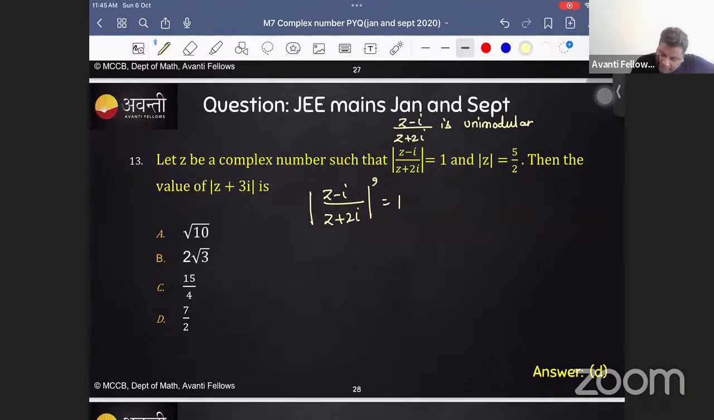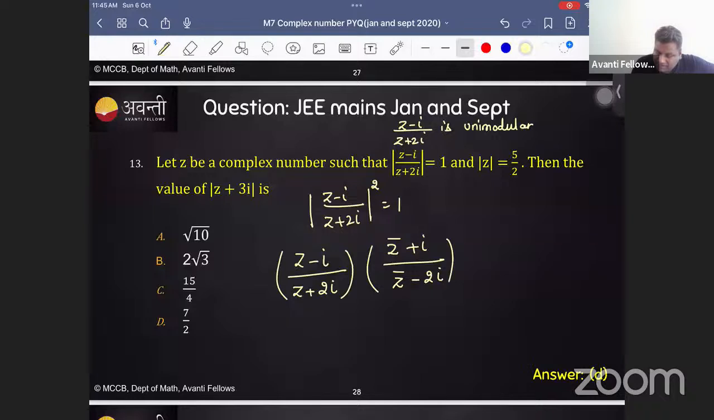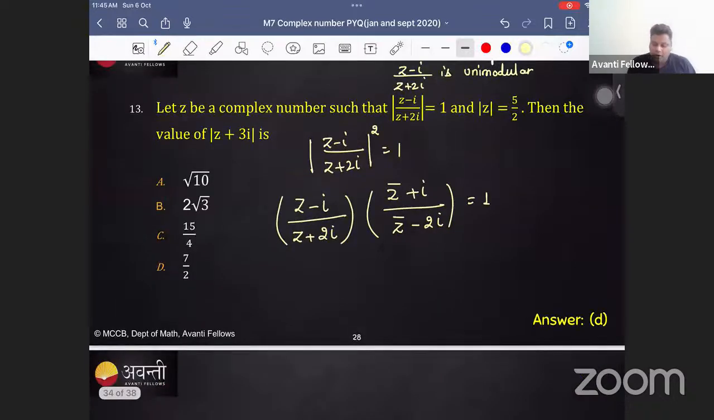Got it? That means the square is also 1. So (z minus iota)(z plus 2 iota) into its conjugate (z bar plus iota)(z bar minus 2 iota) is 1. Now if I multiply it, I get z z bar plus iota z minus iota z bar plus 1 is